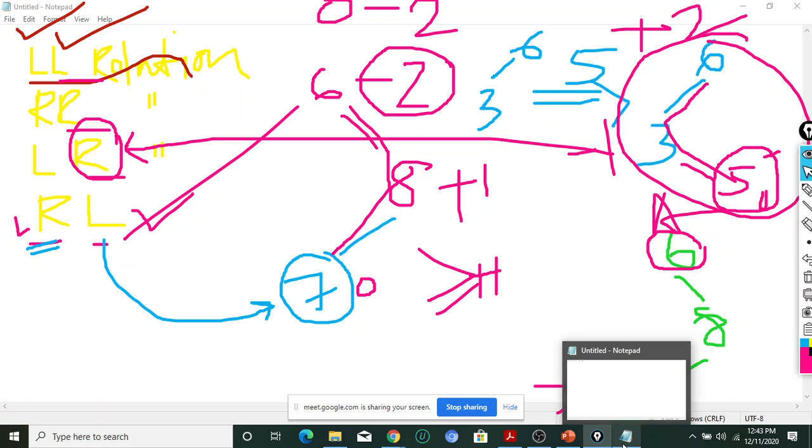We know that all the tree definitions are recursive definitions. We have also discussed the binary tree definition and the binary search tree definition. So this AVL tree is also a recursive definition. Okay, so